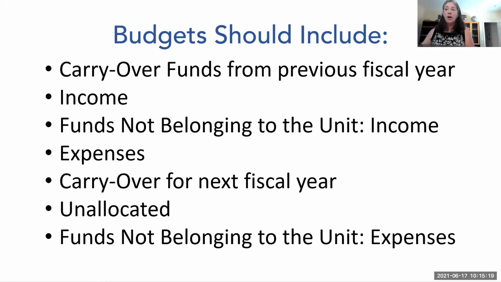And then funds not belonging to the unit for income is where you would put, if you have a manual membership donation or manual membership, you would put that portion that gets forwarded on as not belonging. So you actually separate that out. So if you had a $10 membership and your unit keeps $4.65, that's what goes in the income portion, and then the not belonging is the $5.35, because they are not included in your income, the part that you pass on. It's not your PTA's money.